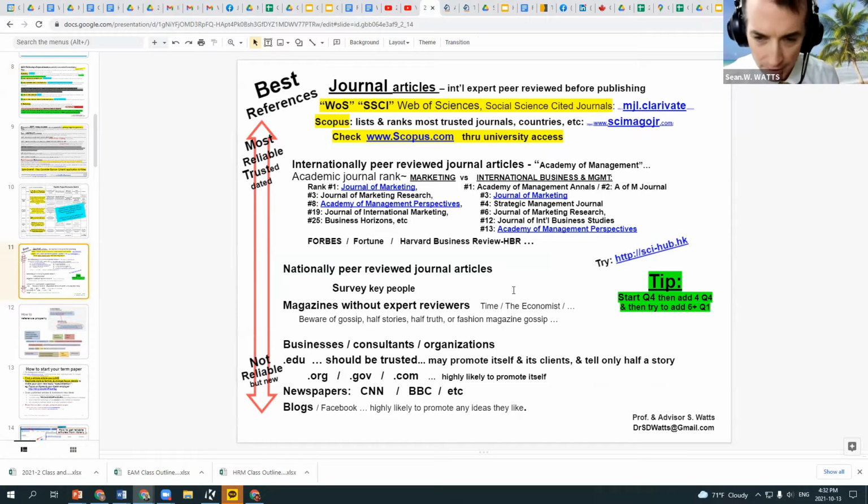This slide that I'm showing on my screen right here, you guys should understand what this is saying. But you should also understand that I would say 95% of the world, or maybe 98, 99% of the world, have no idea about this. They don't care about Web of Science. They don't care about SSCI. They don't care about Scopus. They have no idea what it is. And a lot of people don't know what is reliable or what is not reliable.